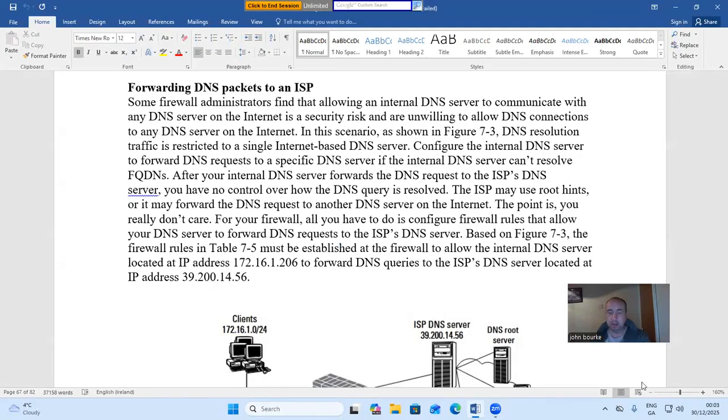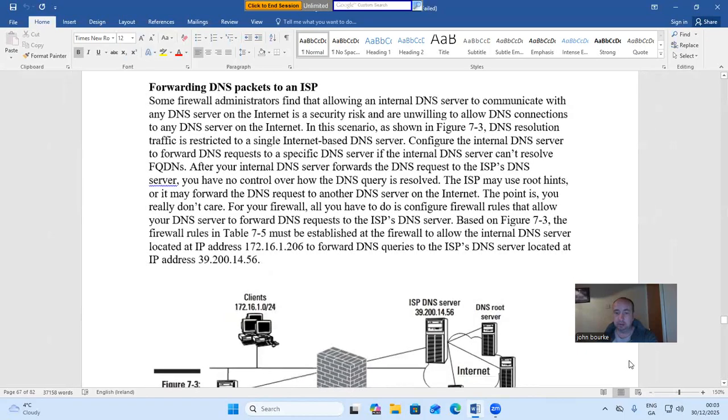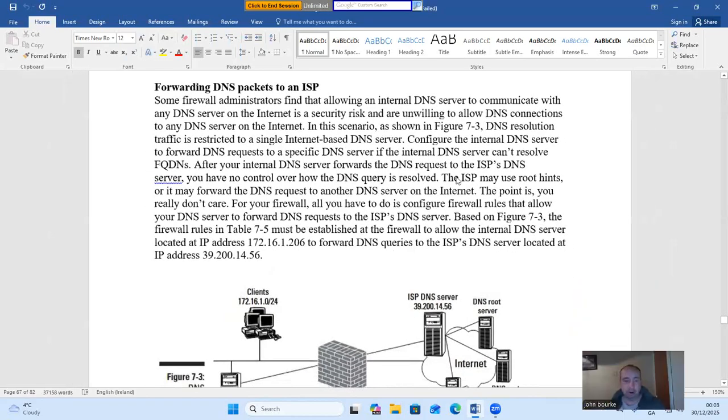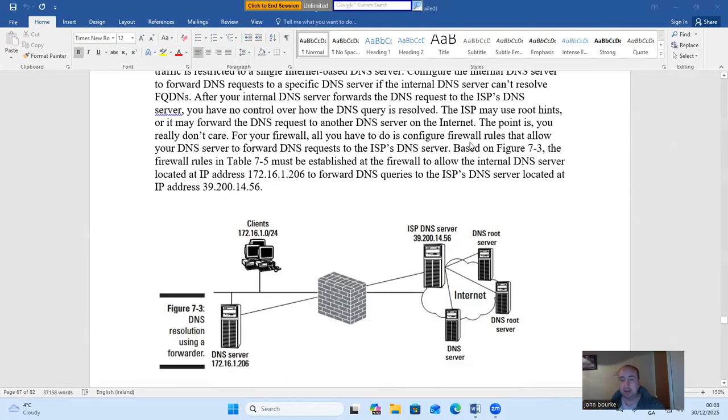Okay. The ISP may use root hints, or it may forward the DNS request to another DNS server on the internet. The point is, you really don't care for your firewall. All you have to do is configure firewall rules that allow your DNS server to forward DNS requests to the ISP's DNS server. Based on figure 7.3, the firewall rules in table 7.5 must be established at the firewall to